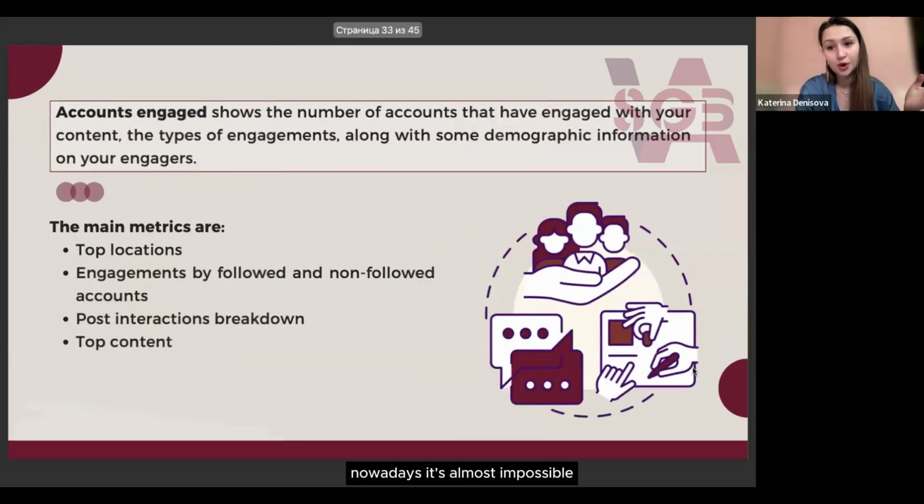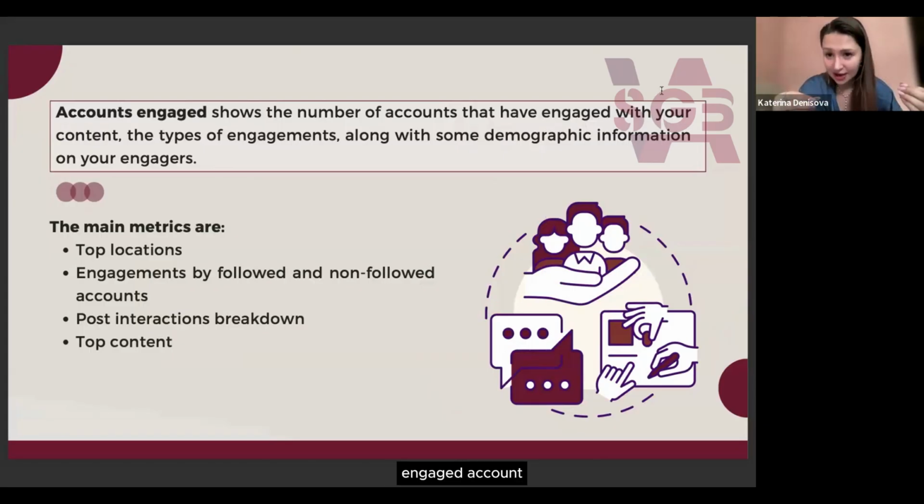Nowadays, it's almost impossible. Accounts engaged shows the number of accounts that have engaged with content, the types of engagement, along with some demographics on your engagers. Also here, the main metrics are top locations, engagements, post interactions breakdown, and top content. What do I mean by account engaged?